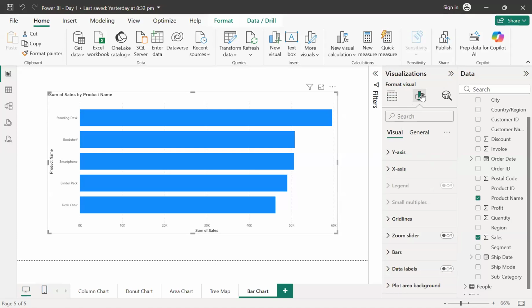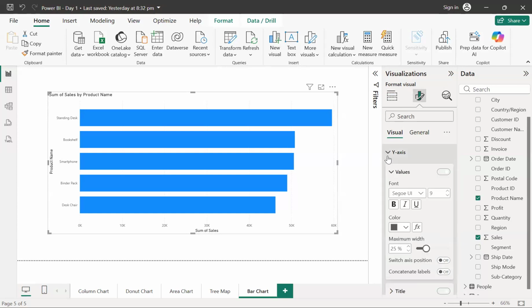You can try to change a few things. On the y-axis we have the names, but the names are not properly visible, so I can make them a bit bold so that the product names are visible. The color can be more black.